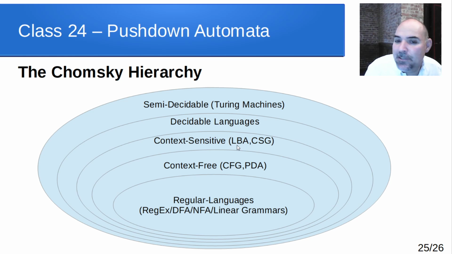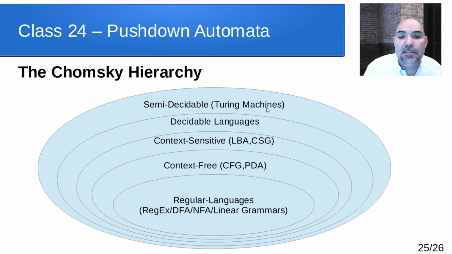You might, if you go on to grad school or have another automata class at some point, look at linear bounded automata. And then outside of that are what are called decidable languages, and then there's what are called semi-decidable languages, which are all things that Turing machines can do. And Turing machines are what we're going to look at next class. We're going to look at Turing machines and how they work, but they're a computational model, kind of like a pushdown automata, but with a little more capability. Turing machines are kind of like a formal machine model that can do anything that's computable or anything you can do with a computer algorithm.